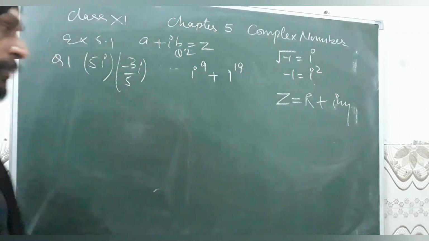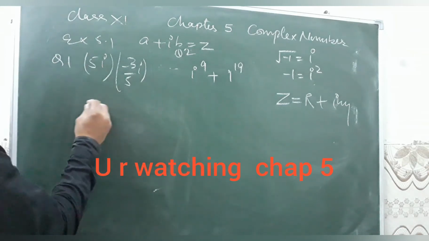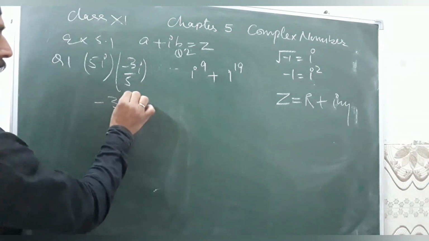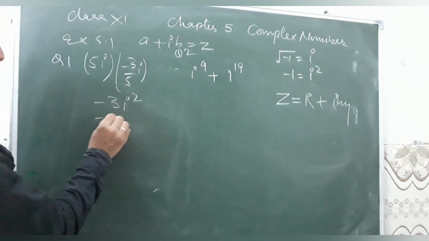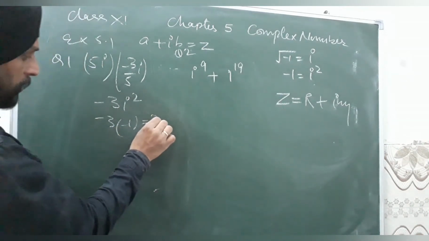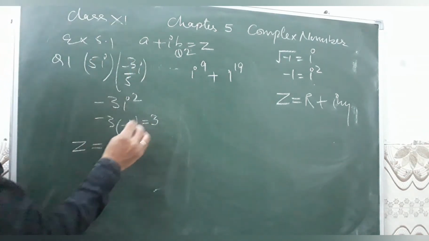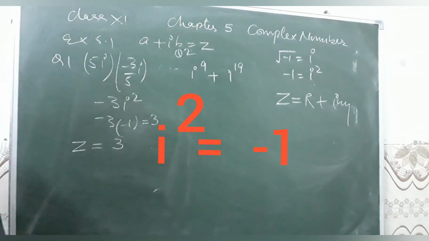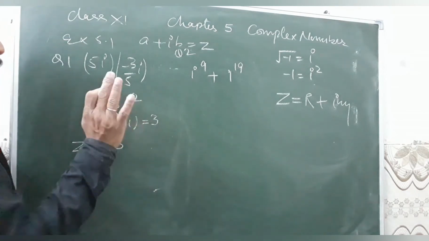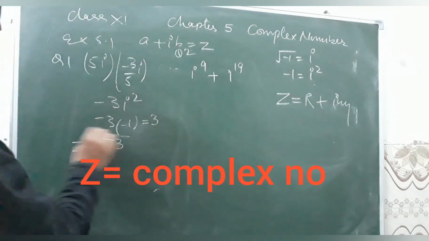Let's take the example question here, student. We need to convert this question into a complex number, so we have to multiply. Firstly, after the cancellation of 5, we get minus 3i square. Right student, now i square will be converted to minus 1 and the final answer is 3 here. If we need to put the answer in the form of a complex number, it is a real number, because we don't have any i here. We don't need to put the imaginary part, that is i. So this is the answer of the first question here.